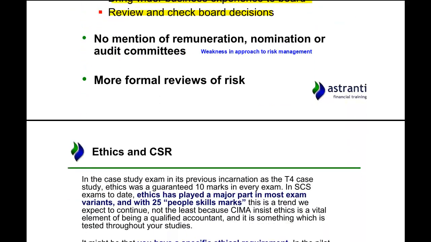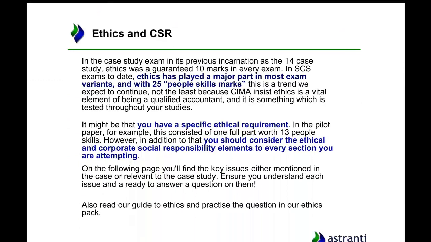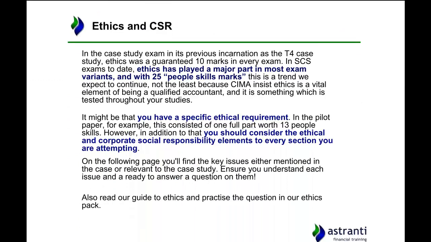And so now we move on to ethics and corporate social responsibility. Now, ethics and corporate social responsibility is incredibly important because a lot of your people marks in the exam will be based around ethics. And ethics is very important to CIMA as well, particularly under the new syllabus. It's one of its big topics that it came out and said it was going to be testing people on